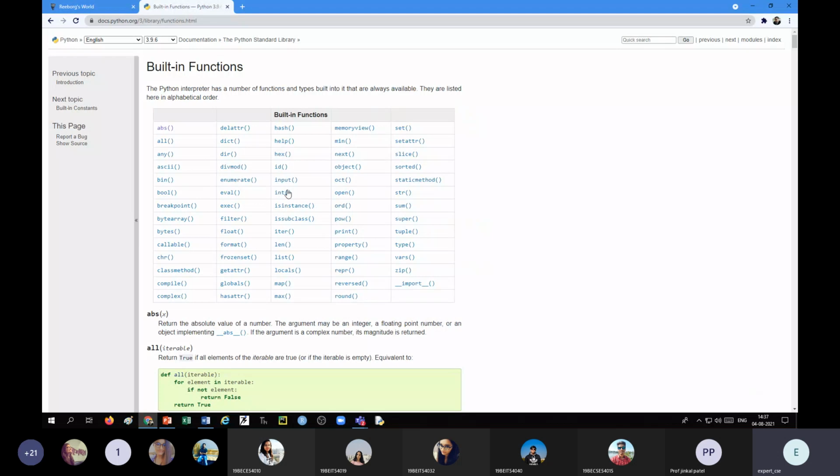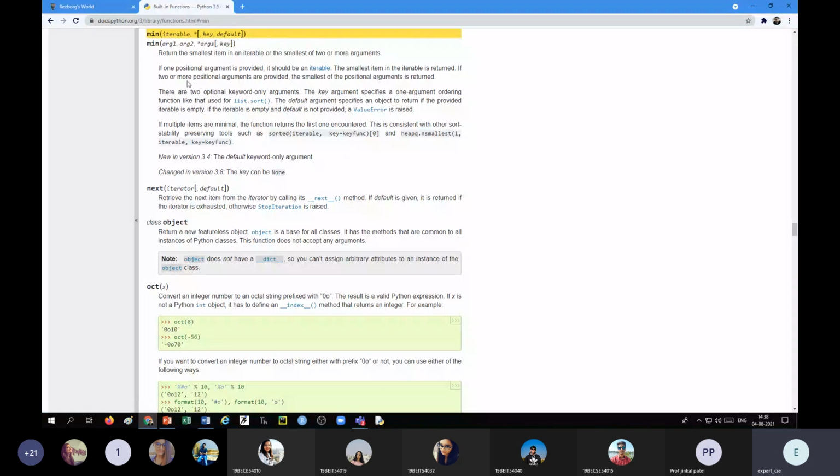You can know the meaning and how each works. For example, min, with iterable and the arguments. The complete details you will be able to get from this file.